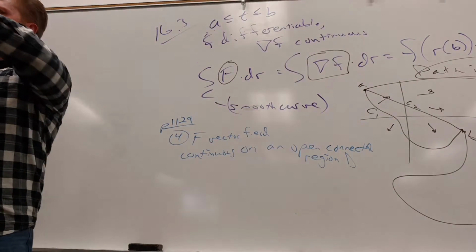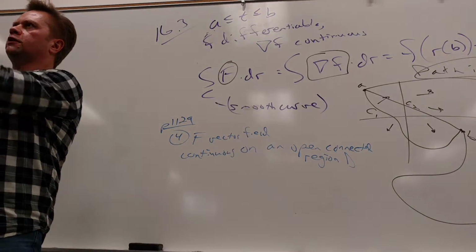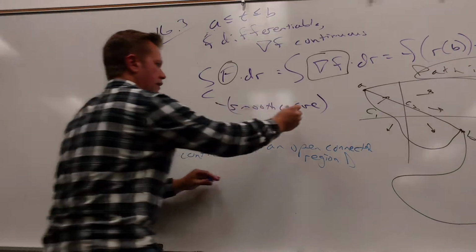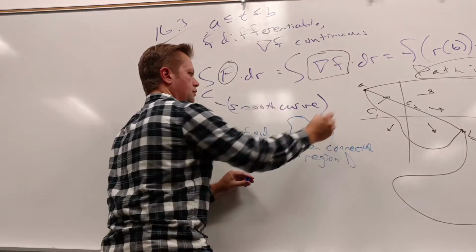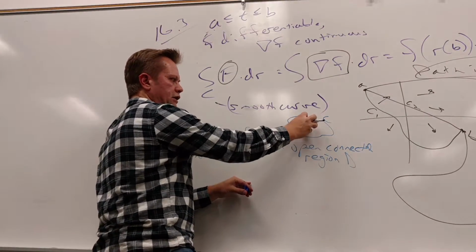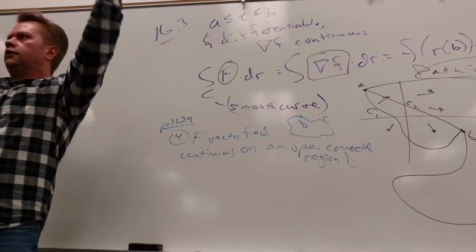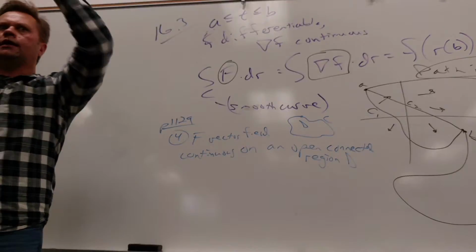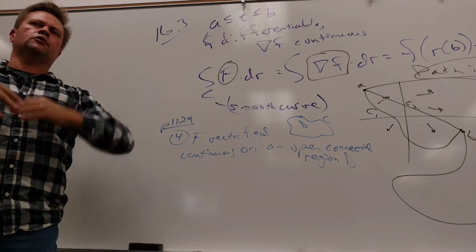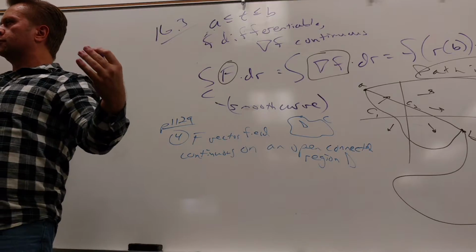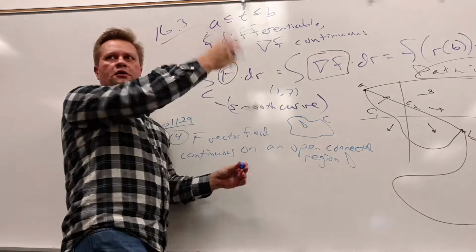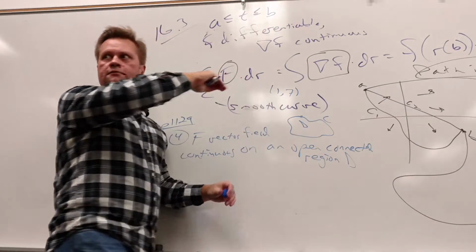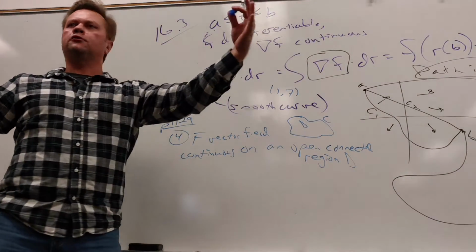Open means that, well, the official definition is kind of weird, but it basically means that if I have some curve enclosing some region, D is the interior of this. It does not include the actual curve around it. It does not include its boundary points. That's what open means. It's like an open interval. If I wrote this 1 to 7, do I include 1? Okay, good. So that would be an open set. It does not include its boundary points.